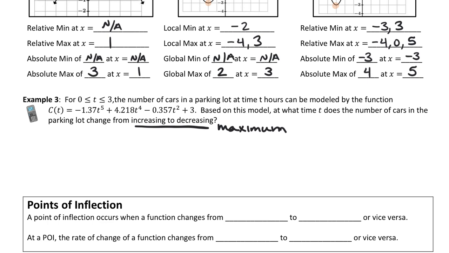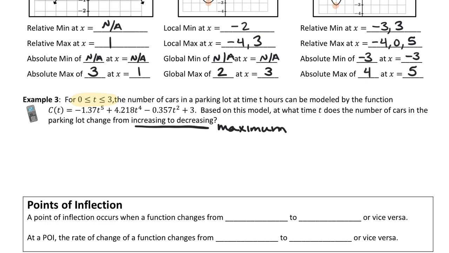Now, the important thing here is that you recognize that it has given us a very specific window to look. What are the t values or x values that it told us to look at? Between 0 and 3. So when we go to our calculator, we're going to go to y equals, and we're going to type in that entire function. I'm not going to say it out loud because it's going to take me a second to type on this computer calculator. But go ahead and type all of that in,